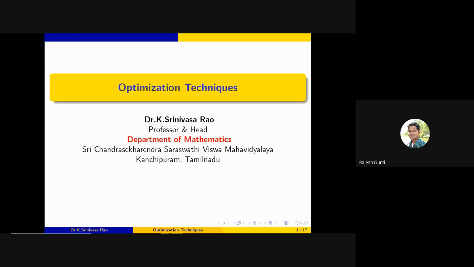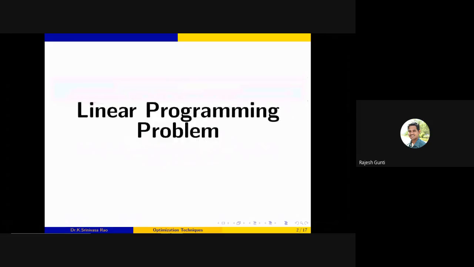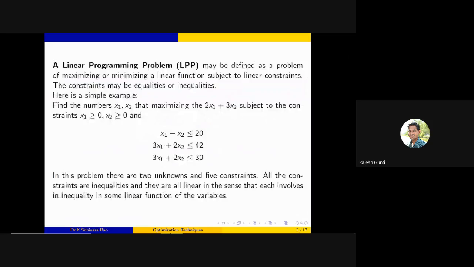LPP problems using MATLAB. LPP is linear programming problem. A linear programming problem may be defined as a problem of maximizing or minimizing a linear function subject to linear constraints. The constraints may be equalities or inequalities. For example,